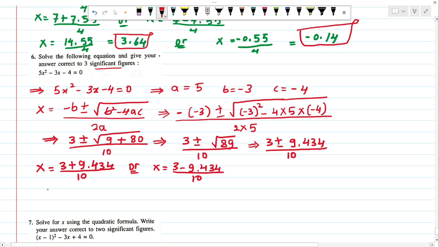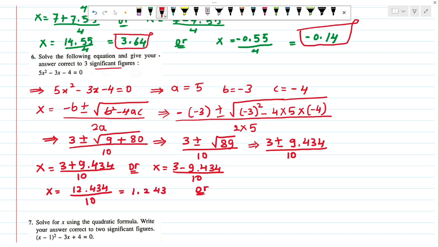So I'll get x is equal to 12.434 divided by 10, which is equal to 1.243, or x is equal to minus 6.434 divided by 10. So I'll get it as minus